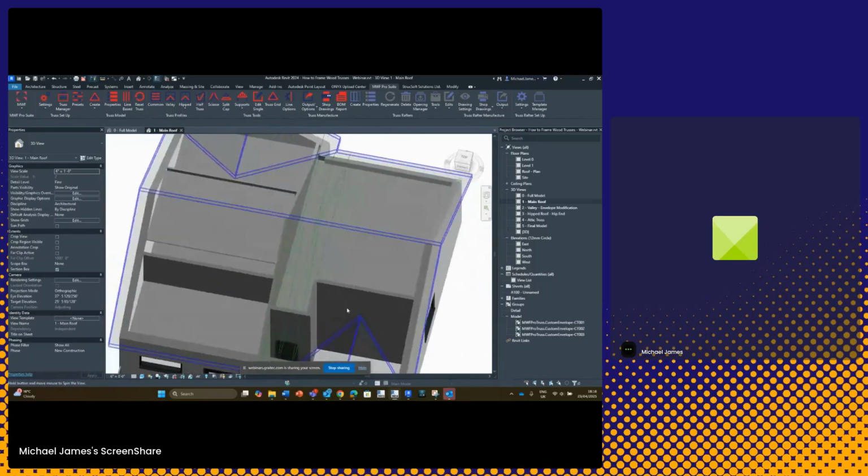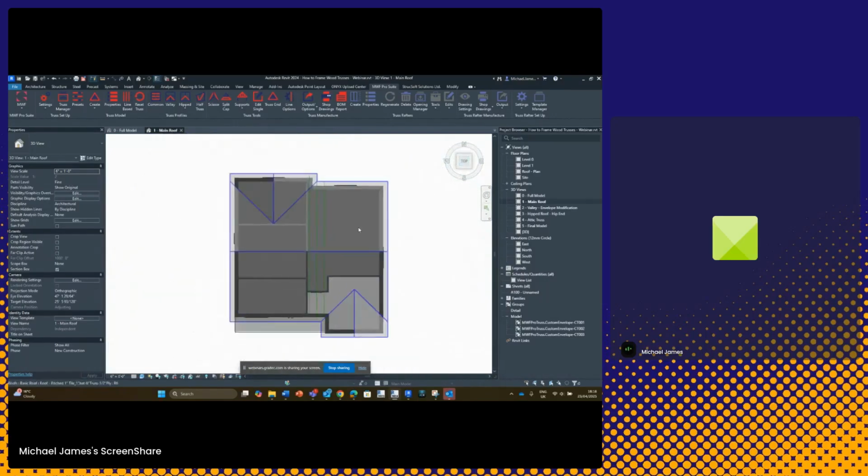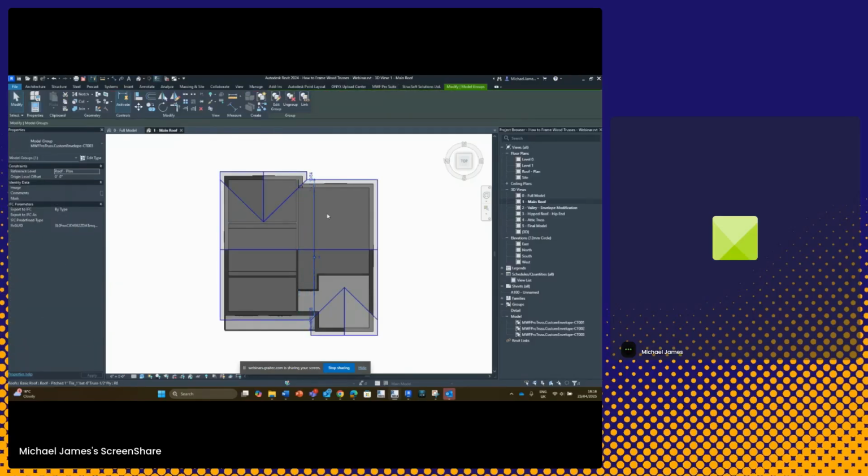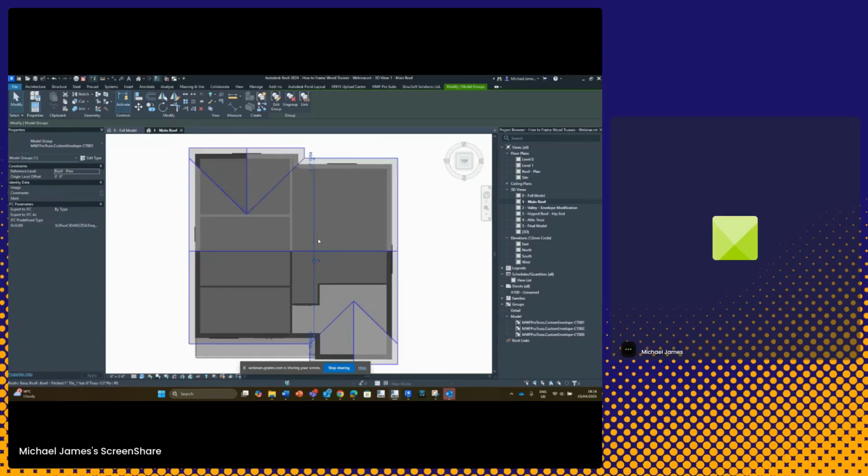And I want to copy these trusses so they span from start to finish. I want them to be consistently spaced throughout. So I'm going to delete these two because I want my trusses to be, like I said, consistent. So I'm going to use the CT003 that I've just modified, and I'm going to use the copy tool or